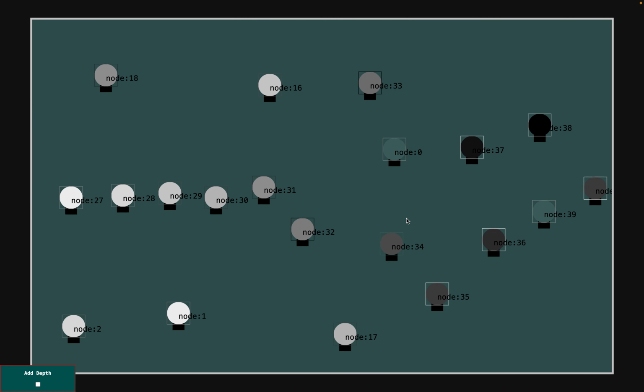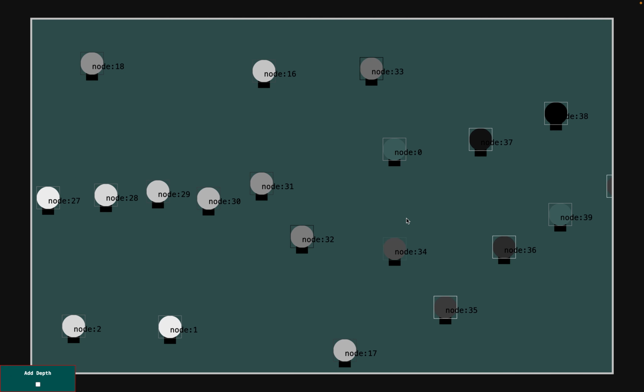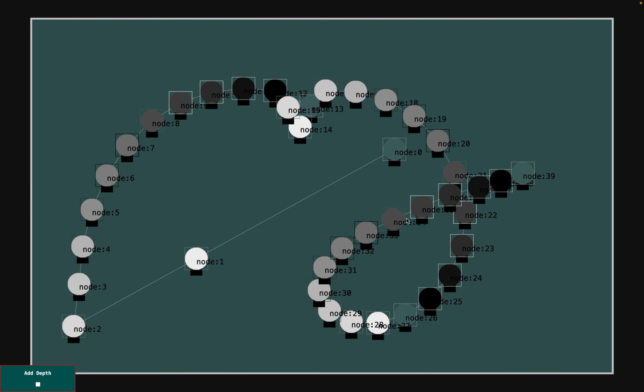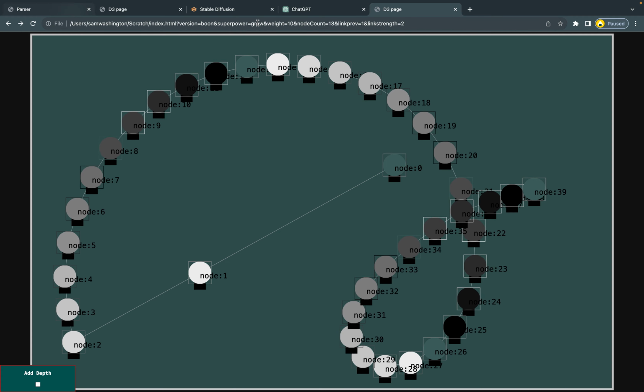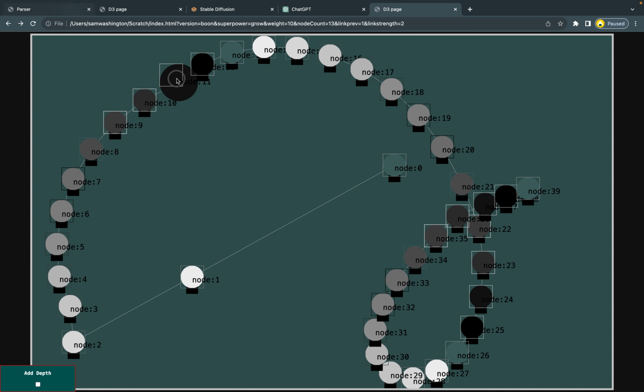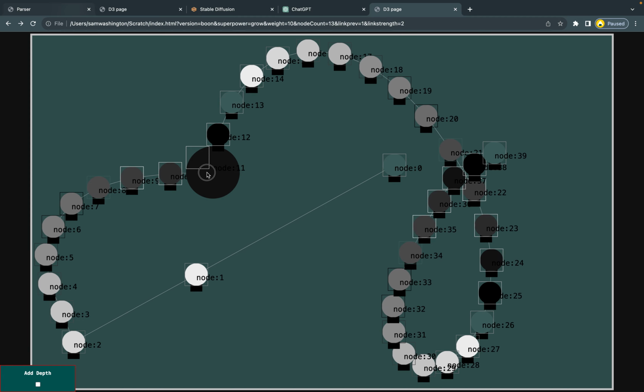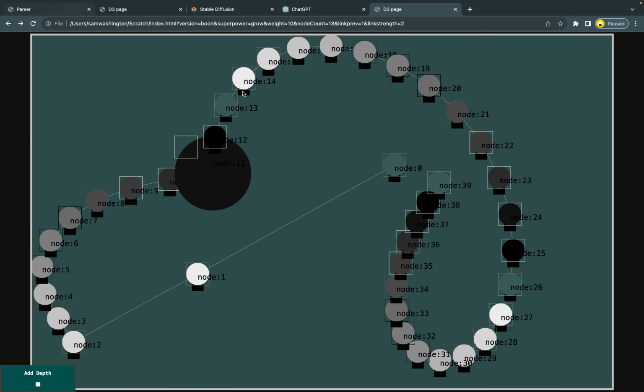So I refresh the page and they are where they were. I have the ability to use different parameters from the query string to, for example, add different abilities as I interact with this simulation. So this one makes them grow. And there's another one,